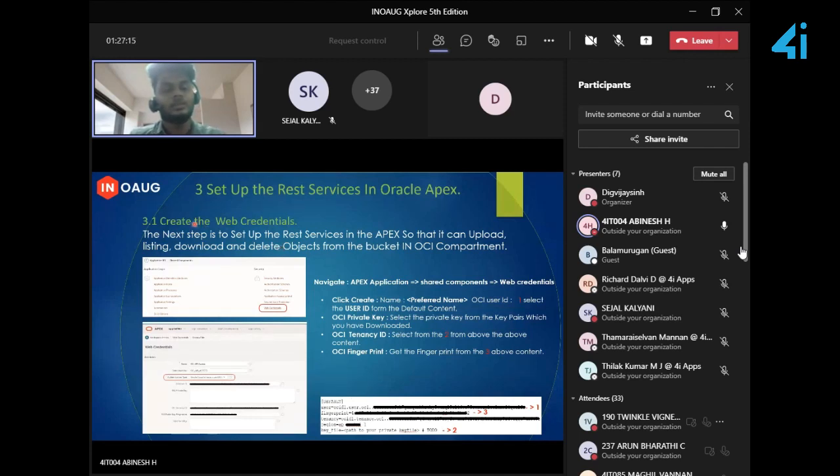To add the web credentials, first go to your application, select the required application. In the application, select shared components. In the shared components, you'll see web credentials. Enter your name and static identifier, and for the authentication type, set Oracle Cloud Infrastructure. In the default parameters, enter the details which you have copied from the